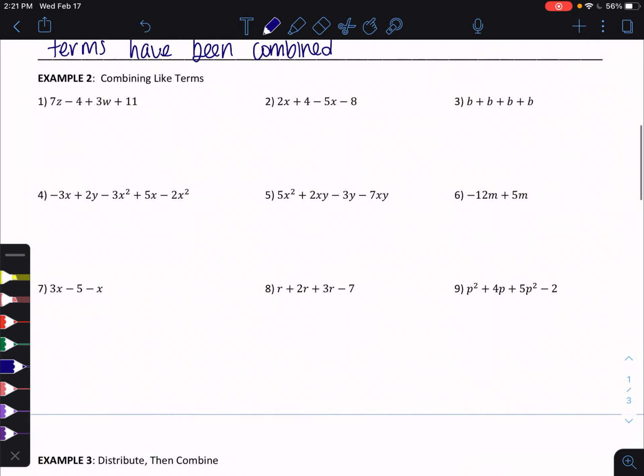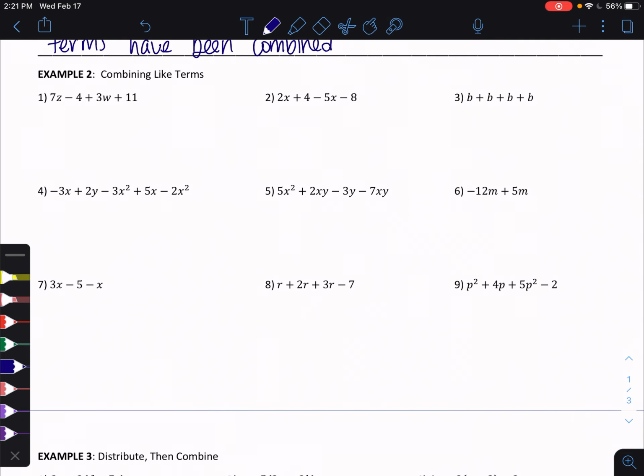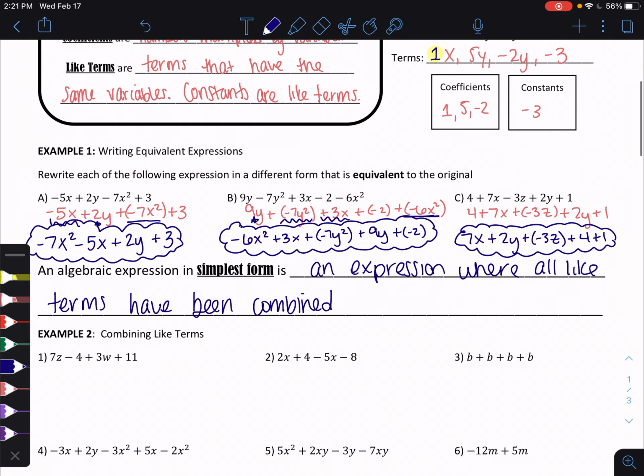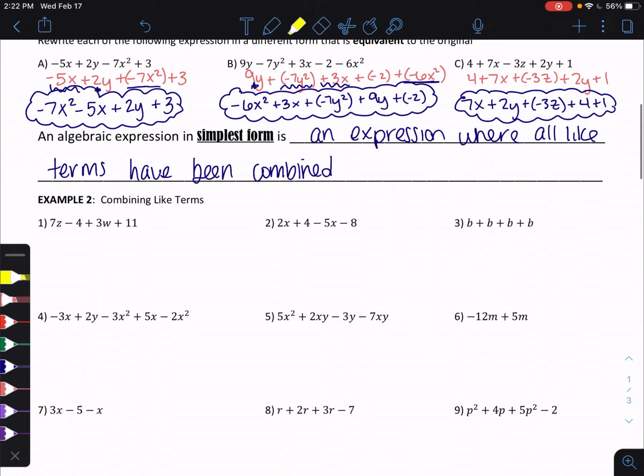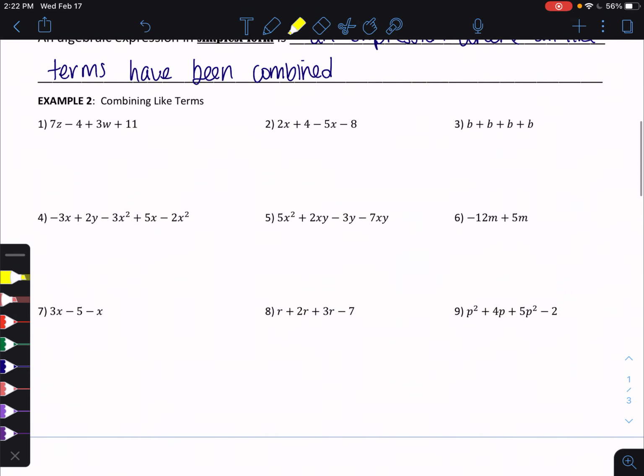So in example 2, we're going to be combining like terms. Combining like terms means identifying those values or those terms. So here's my like terms definition: terms that have the same variables, and then constants are also like terms. So when I look at this one,